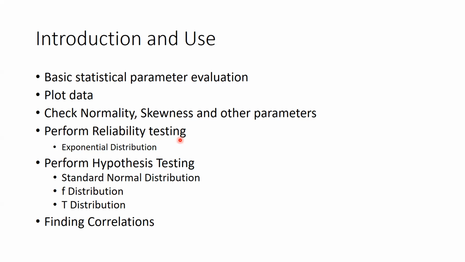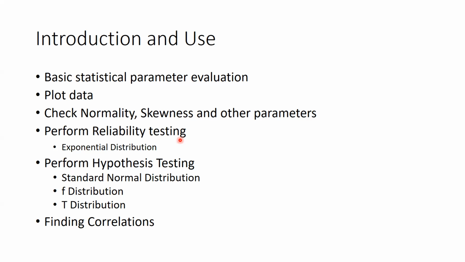Then we can do hypothesis testing. On different occasions, we'll use different types of distributions, such as standard normal distribution or simply normal distribution. Then we can also use the F distribution and T distribution. And there are various standard continuous and discrete probability distributions, and it depends on how those are defined. As per the definition of that probability distribution, the use of that distribution will vary in different cases or scenarios.